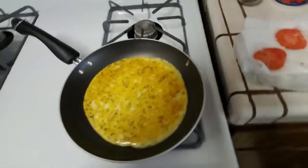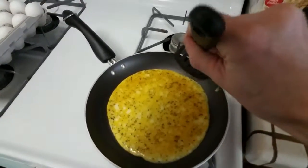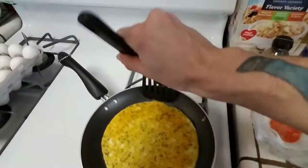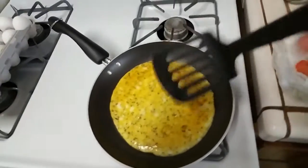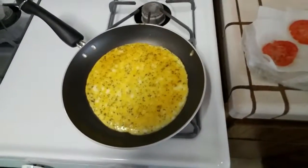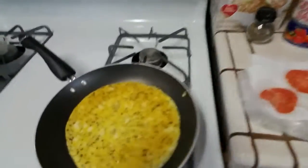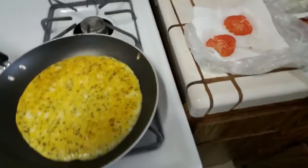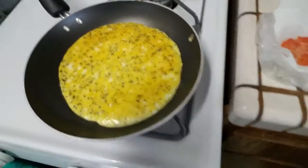Let's see. It's still a little bit gooey on top, but I'm just going to see if I can work my way underneath. This is a non-stick pan. Sometimes non-stick pans aren't best in the world. When they get scratched up, it kind of screws up their stickiness. There are better non-stick pans, but most of the time they're more expensive ones. I got this set pretty cheap, so